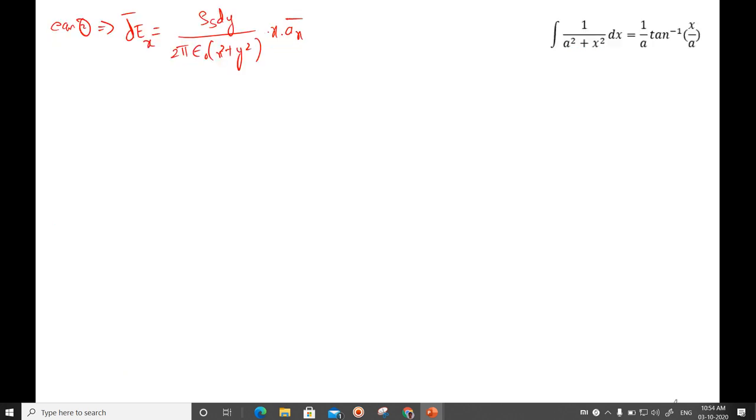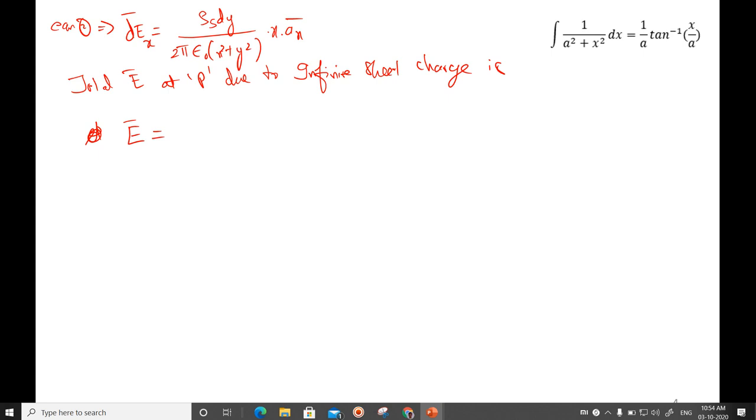We will find out the total electric field intensity at point P due to the infinite sheet. We have to integrate. Sorry, not dE, I have to integrate, means E vector is equal to, and I have to integrate along